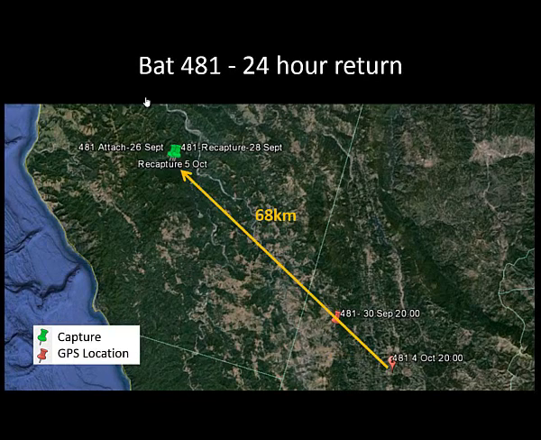But that would be incorrect, because 24 hours after that last fix, it was back in our study area, and we recaptured that same bat. It had flown 68 kilometers in a single night. So now we start to think maybe that wasn't a migratory movement. Maybe that was a pre-migrational movement between its summering area and the general direction it was headed, but we didn't really know which was the summer area and which was the migratory direction. So sort of more questions than answers.